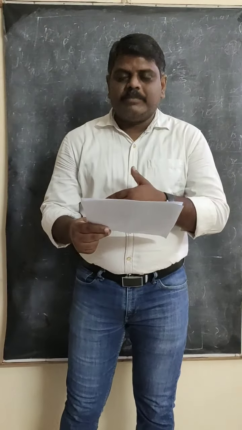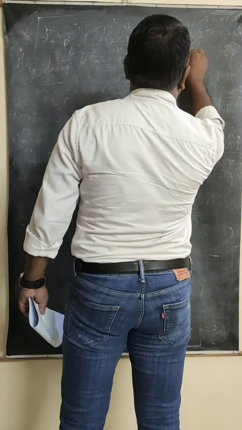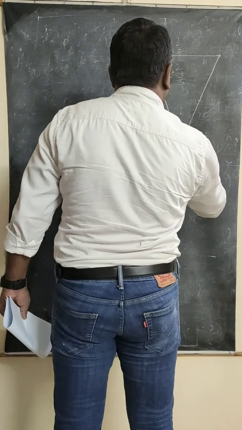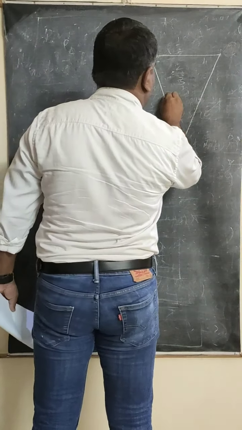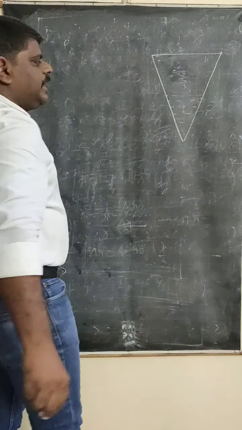The problem is very important. In it, a conic shape is given to you, and two liquids are filled in it. At the bottom there is water, and on the upper side there is kerosene. The diagram is somewhat like this: this is the conic shape, this part is filled with water, and above it is kerosene.